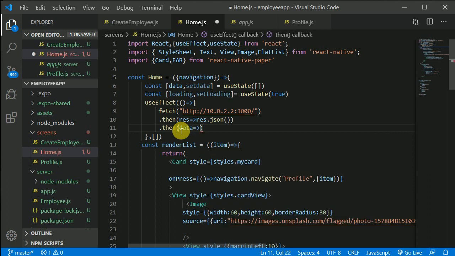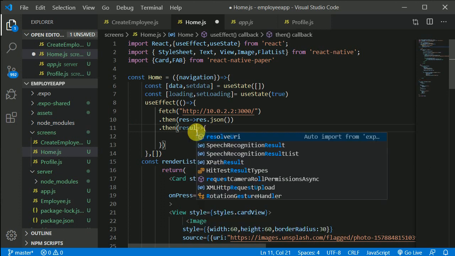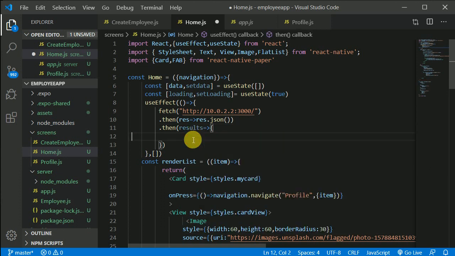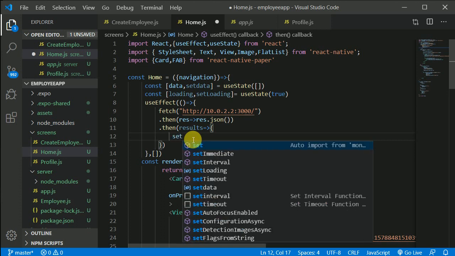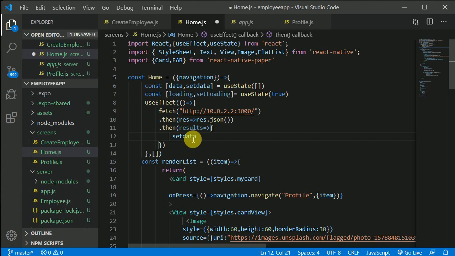And for now, no, we will not console.log, because we know we will receive an array with each and every record, right? So we can just update this data with what data we are receiving. Let's give it some other name. Let's give it results, right? And now let's update our state, right? Let's use set state, or set data state, and in the setData, let's make this D capital,